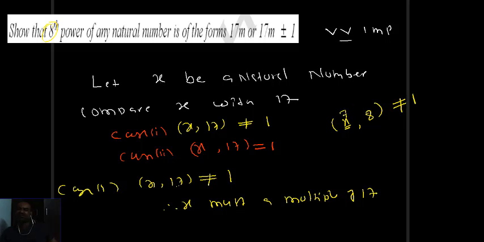I can take the number 4. 4 is not a multiple of 8, no? 8 is a multiple of 4; 4 is not a multiple of 8. The GCD is not 1, so they are not co-prime even though this number is not a multiple of 8, because 8 is not a prime number. Here, 17 is a prime number and these two are not co-prime, which means x should be of the form 17 into something only, a multiple of 17. Therefore x equals 17m, where m belongs to Z. So I got in this case that x is in the form of 17m. Case 2 I will take.